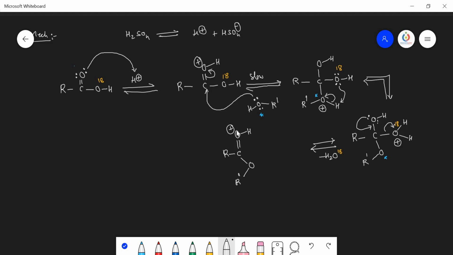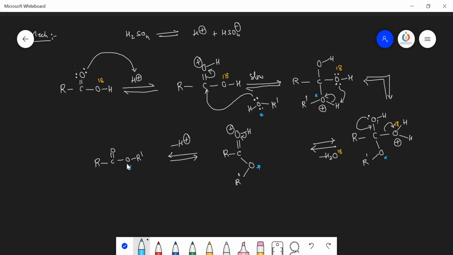So now oxygen with a positive charge is unstable, and I will mention this one as a star oxygen, and later this oxygen hydrogen bond electrons will be completely shifted over to the oxygen, and finally H plus ion will be removed. Okay, so now R C double bond O R dash, and here